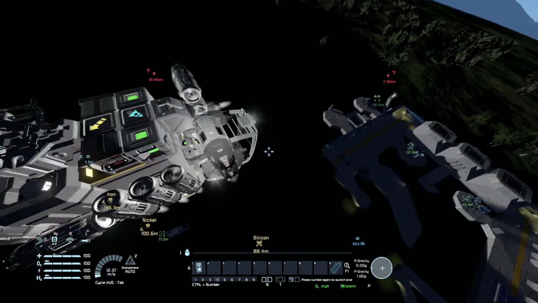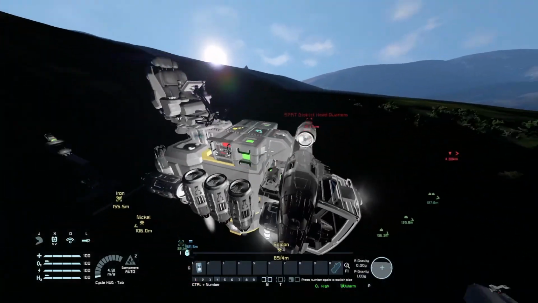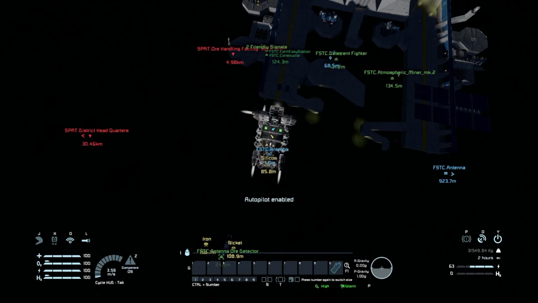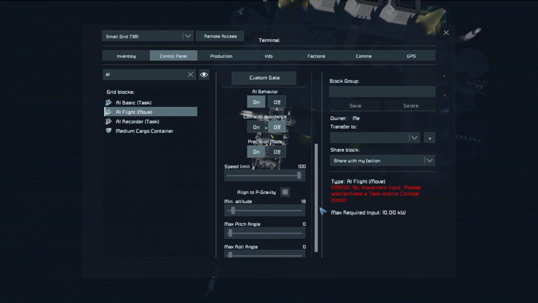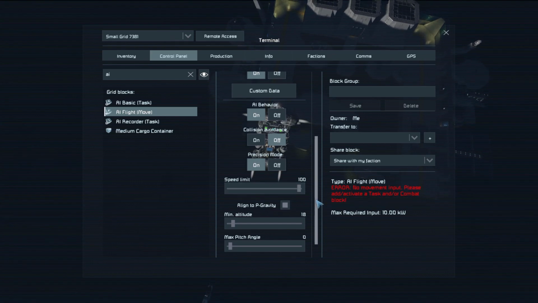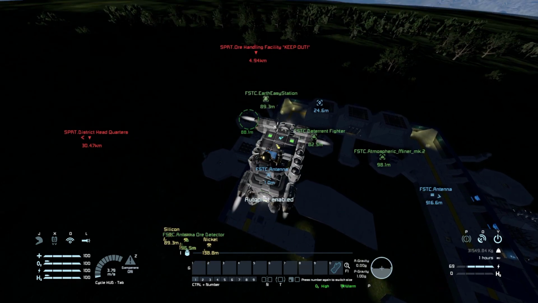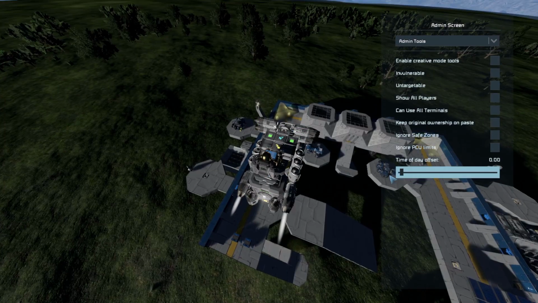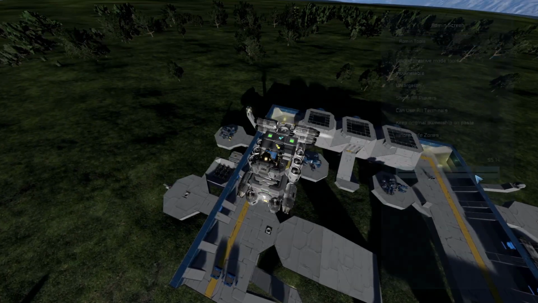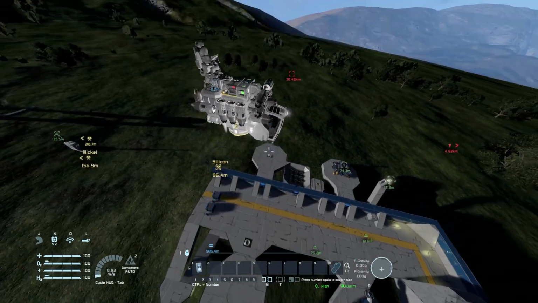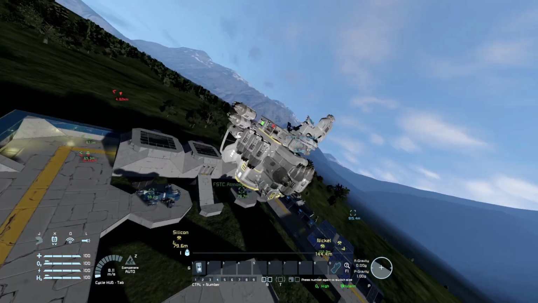So, other things that I have to mention is the problem with this thing now. No matter what I set that flight control module, no matter how high I set the speed limit, it still manages to travel at a snail's pace anyway. Hold on, let me just get some sunlight back in here. There we go. And yeah, that's better. It manages to travel at a snail's pace anyway, and sometimes it doesn't turn the way